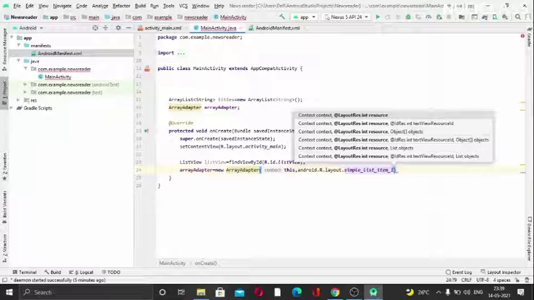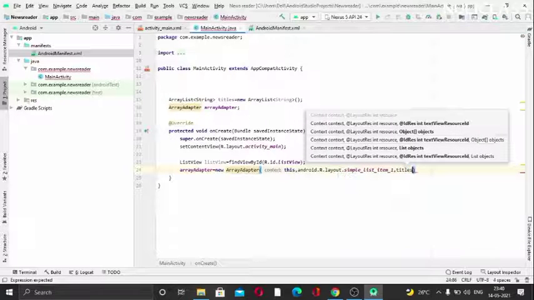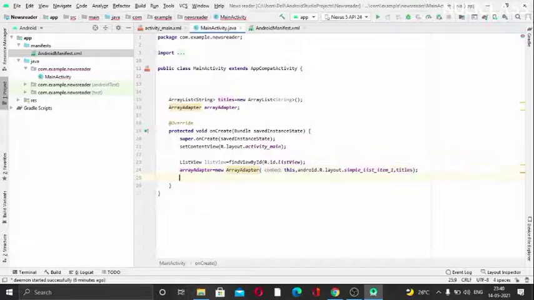So this will simply show the list view. And for the comma we need to pass here the array list. We can see that list objects, so we have given the name titles, so I will just pass titles here. This is done now.